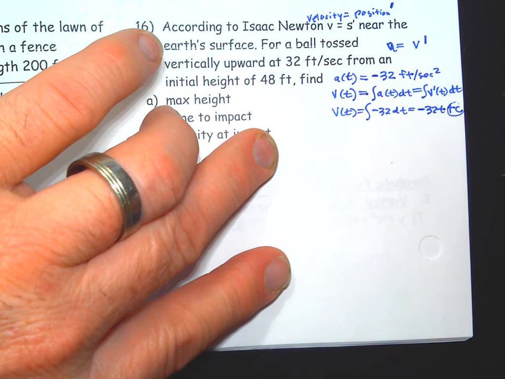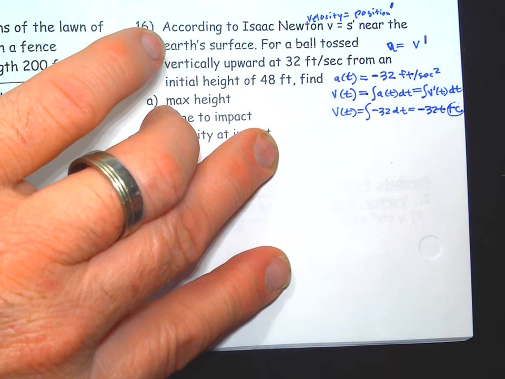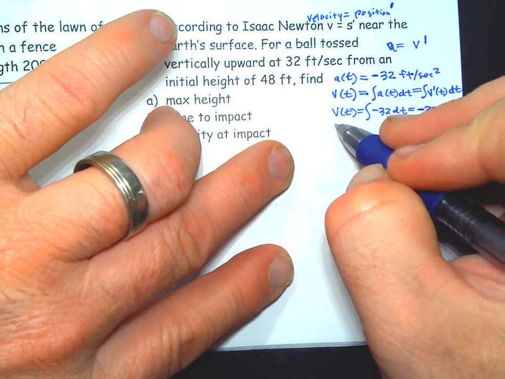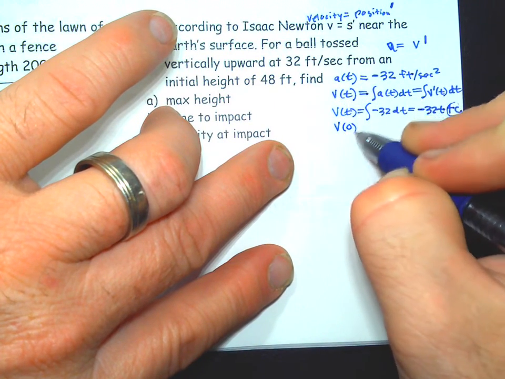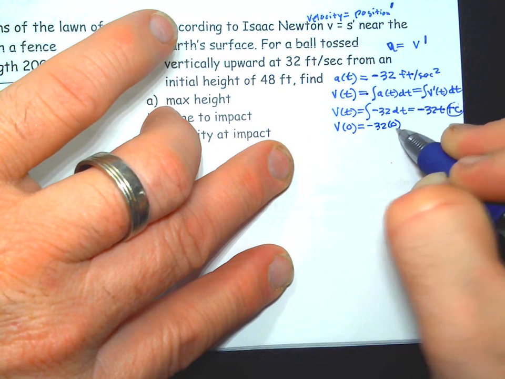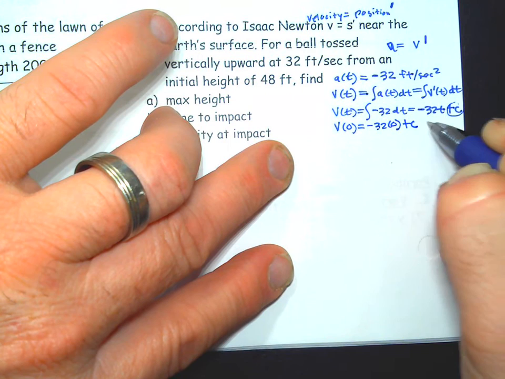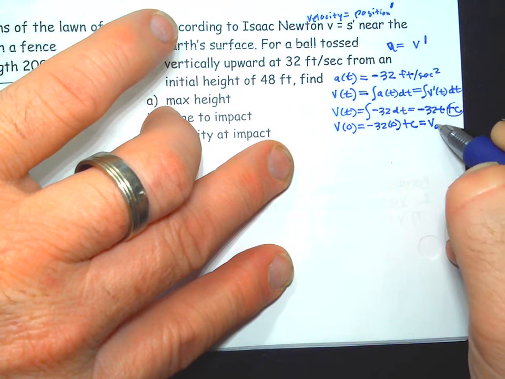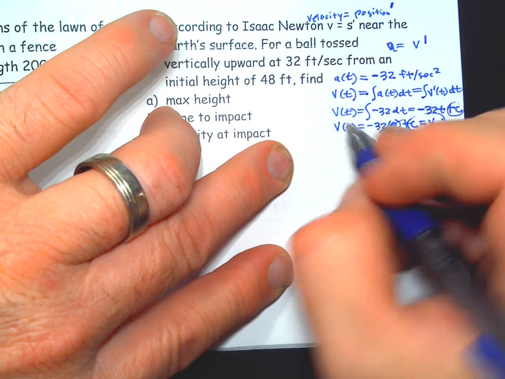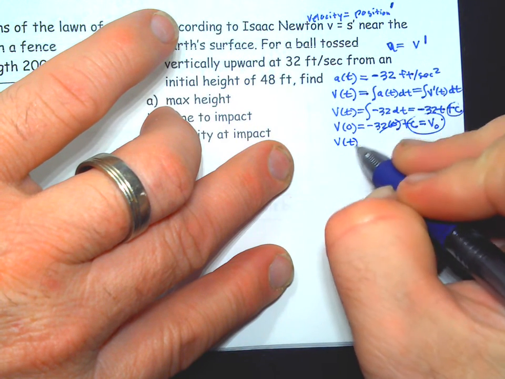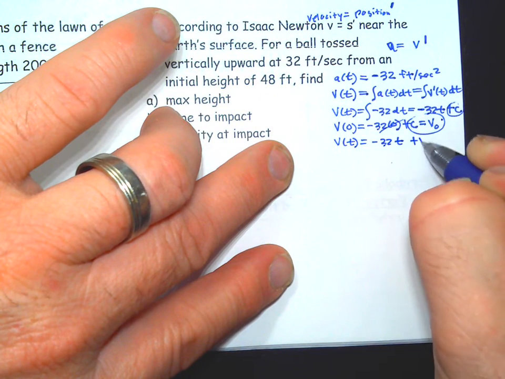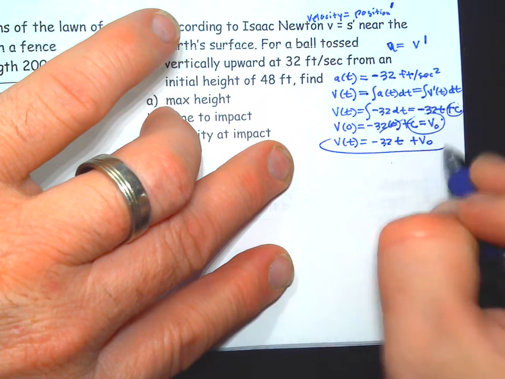So there could have been a number there. We don't know what it is. But that's where the initial velocity comes in. So if you plug 0 in to time, that c value is still there, and it equals what we call the initial velocity, v sub 0. Okay? So the velocity equation is officially negative 32t plus v naught,